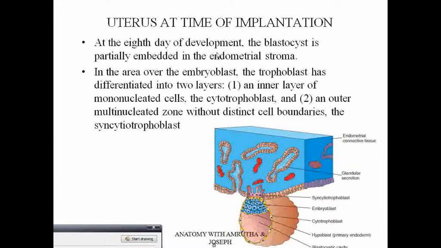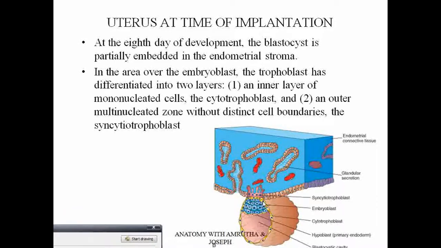Now at the 8th day of development, the blastocyst is partly embedded in the endometrial stroma. So the inner cell mass can be seen, and the trophoblast. In the area of the embryoblast, see here, the trophoblast has differentiated into 2 layers. Now this is the implantation site, where the trophoblast is going to get